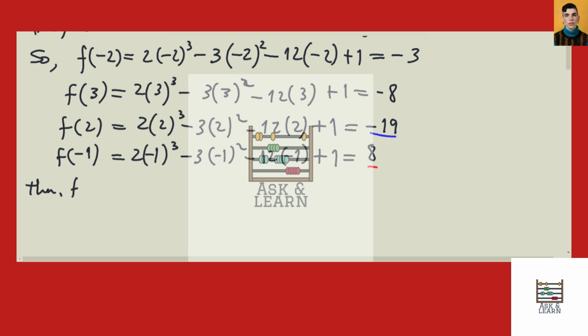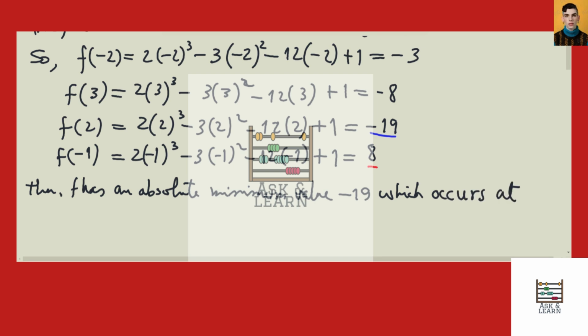Then f has an absolute minimum value negative 19, which occurs at 2, which is one of the critical numbers, at the critical number x equal 2, and f has an absolute maximum value